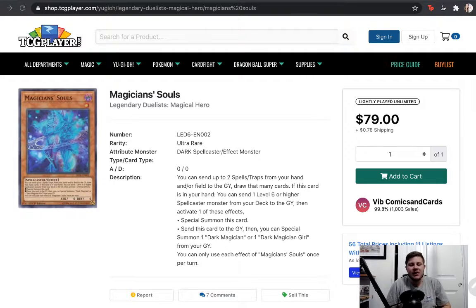The other one I said was Infinite Impermanence, which technically did get a reprint in the Maximum Gold set as well. But that card's still $20, so it's gonna have to be in a structure deck for it to be anywhere near affordable for everybody to use. Kevin actually pulled one in his second opening because we did the first one together on the channel, and then he had bought another box of it, and he got the Infinite Impermanence, which was really cool. So maybe it'll drive down in price every once in a while, because I mean he pulled it and we only opened up 2,